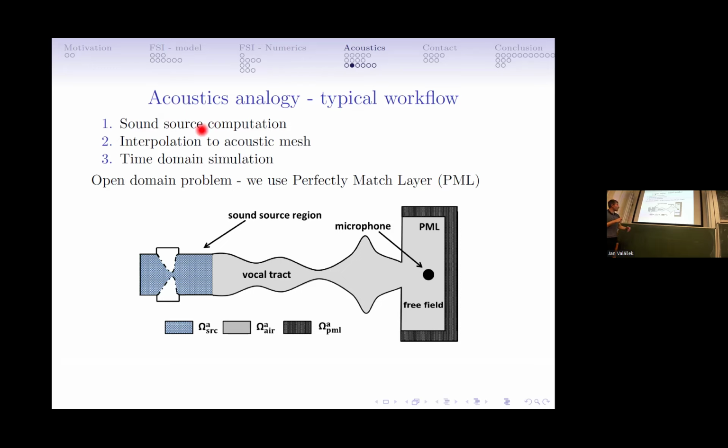aeroacoustic sources, and they are computed only in the domain where the fluid flow problem is solved. So it is somewhere near the vocal folds. And then I use a different acoustic mesh, and I interpolate, and the mesh refers to this bigger domain. Then I also include the vocal tract, because this is important for